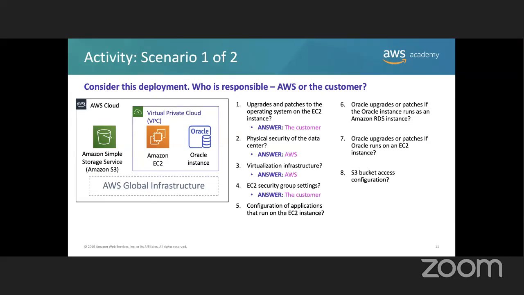Configuration of applications that run on the EC2 instance. The customer. Oracle upgrades or patches if the Oracle instance runs as an Amazon RDS. AWS. Good. Oracle upgrades or patches if the Oracle runs as an EC2 instance. Customer. Right.